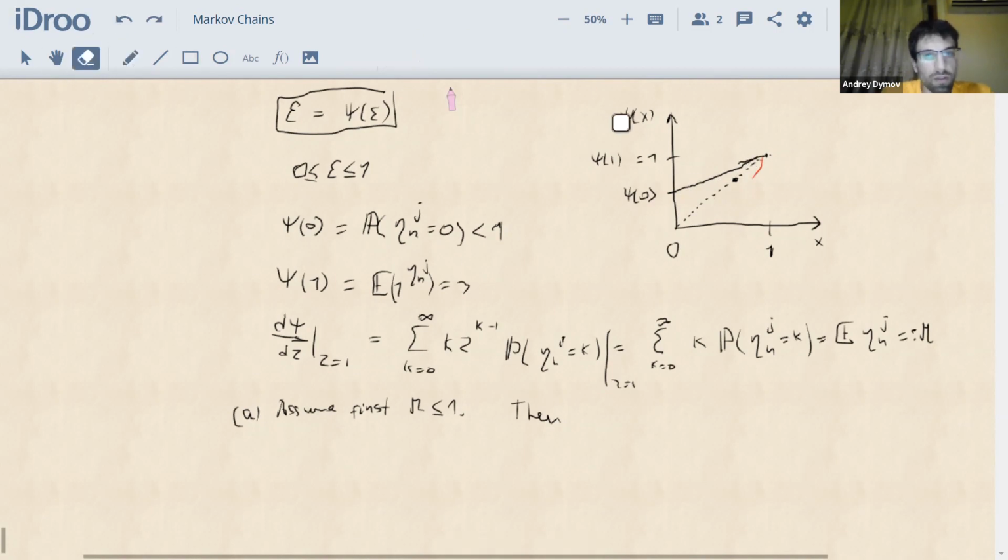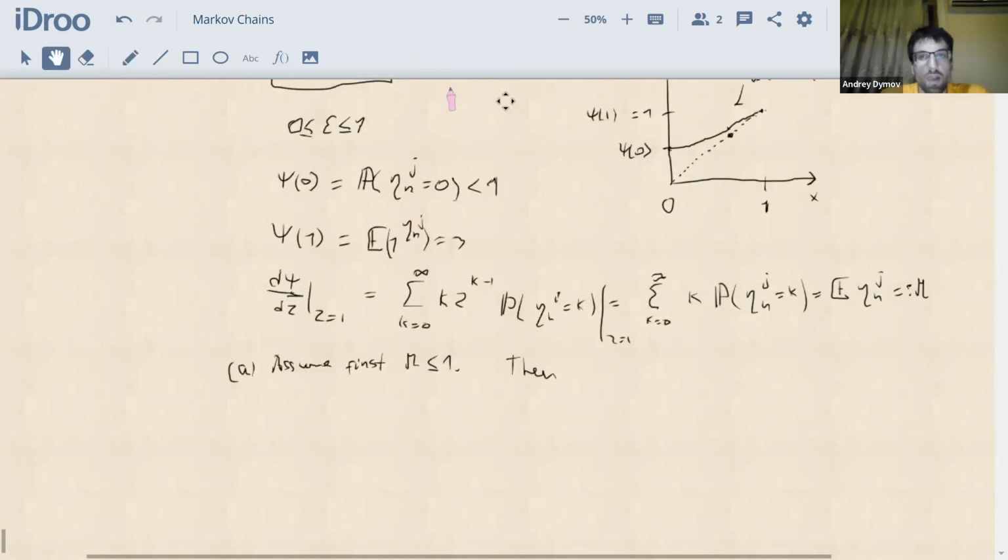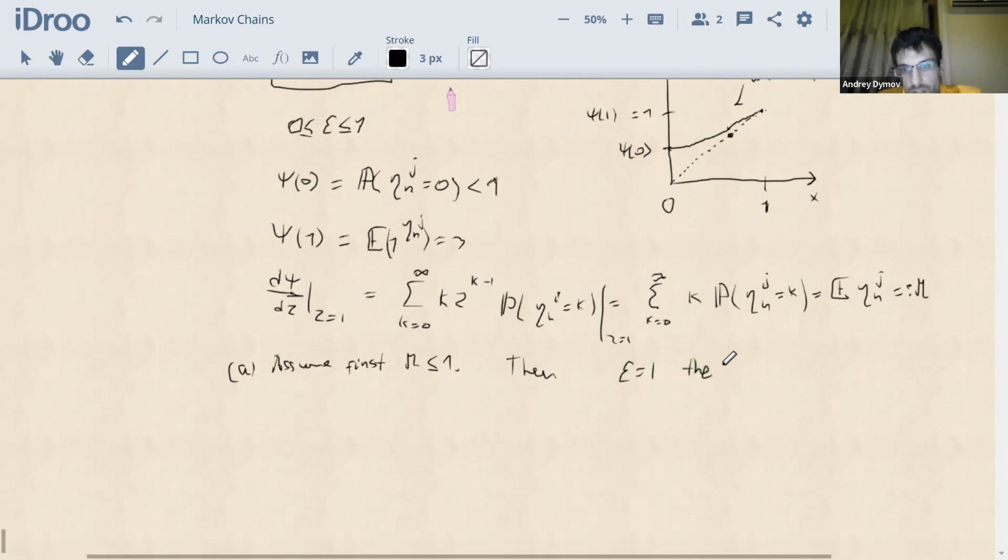Okay, so finally we have the only possibility: the function behaves like that, since it is also convex. I recall that I have given an exercise which claims that the generating function is convex. But what does it mean? It means that epsilon equals 1, the unique fixed point